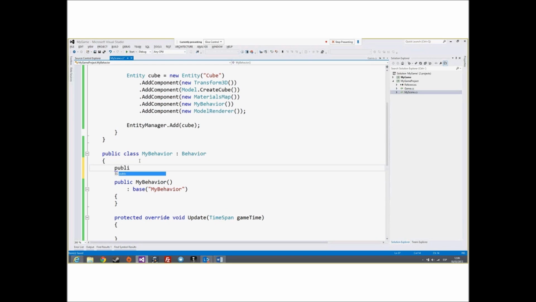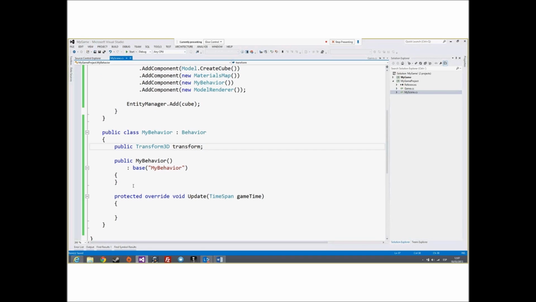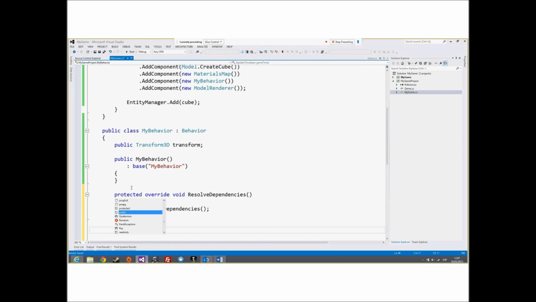First, we create a new property to link it with the other component, for example, transform. And to link it, we have two options, using the ResolveDependencies method and the DeleteDependencies method,